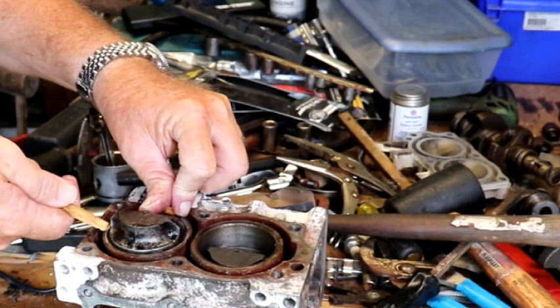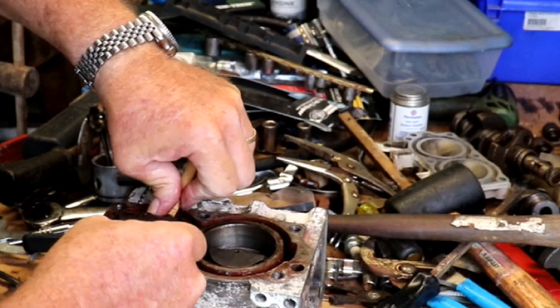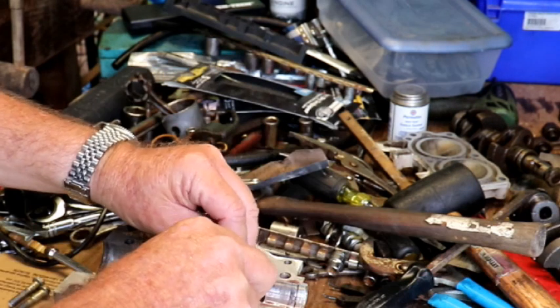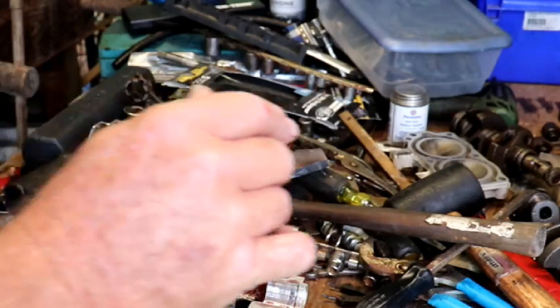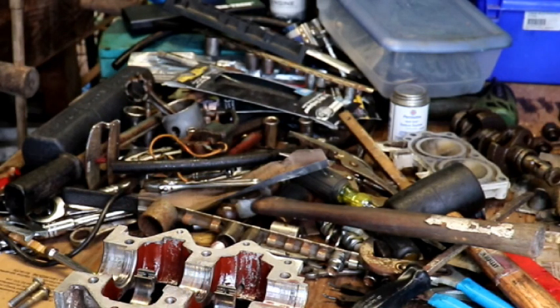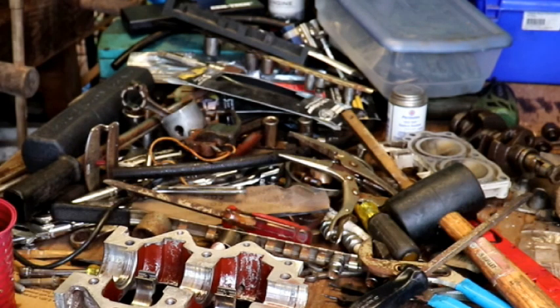Let's see. There it is. There they are. I believe this is going to be a 3-engine rebuild too. I didn't think that in the beginning, but oh, I forgot. Here's the crank we're using. I forgot to take the little pin out of it. Let me get that out. What we're going to do,